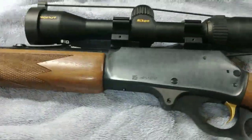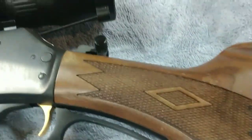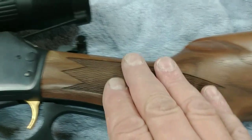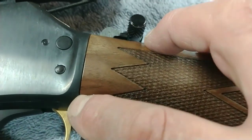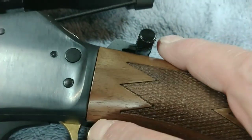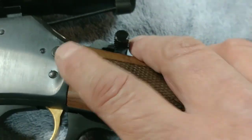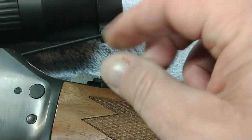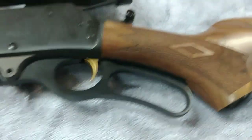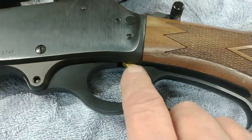All right, here is the 35 Remington up close, and you can see it's got the nice checkered stock. It fits fairly close right here, just a slight little bit of a gap there, and the wood's a little higher than the metal, which is not bad. He's fit this extender on the hammer. I like that. I'd like to have that on mine. I might get one of those for mine. This has got the gold trigger,